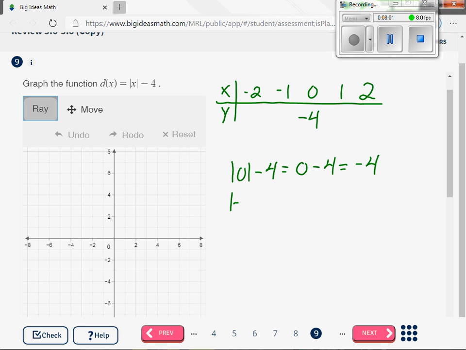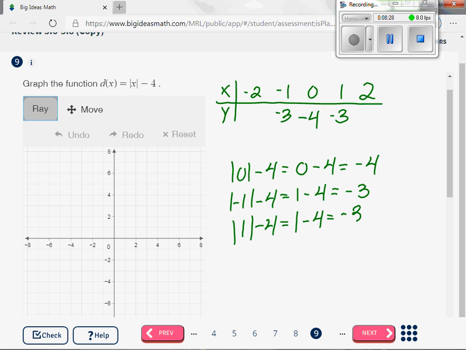Well, let's plug in -1. The absolute value of -1 is 1. And 1 minus 4 is -3, yes? Let's do 1. Well, the absolute value of 1 is 1. And 1 minus 4 is? So that is our lowest point, at -4 on the y-axis, because it just moved it from 0, 0 to 0, -4. So when we do this here,